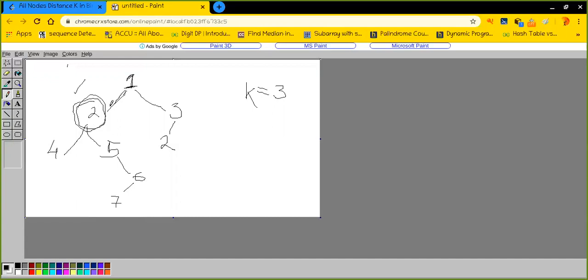But the reference to any node which is given is like left or right, so it is pretty difficult to move upward in a tree, because the edges are directed to the children, for example, like this. For any node, only two references are given, that is either left or right, depending upon the existence. For example, left is not existing, right is existing, so we have only the right reference, and so on and so forth.